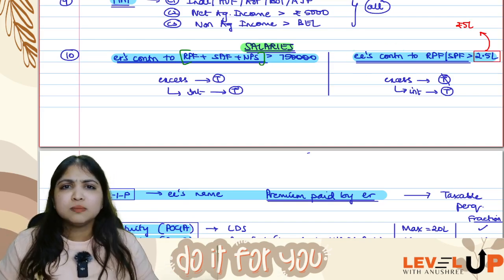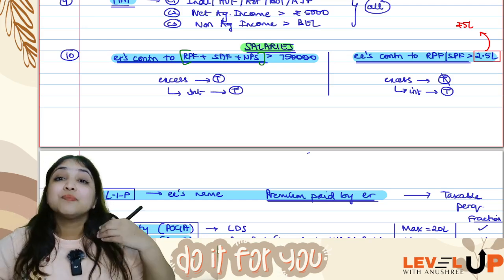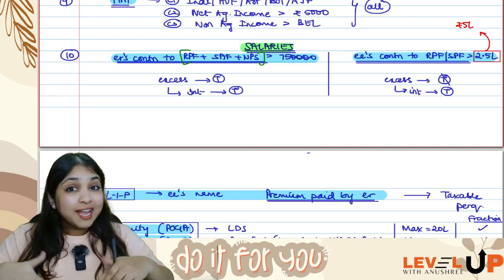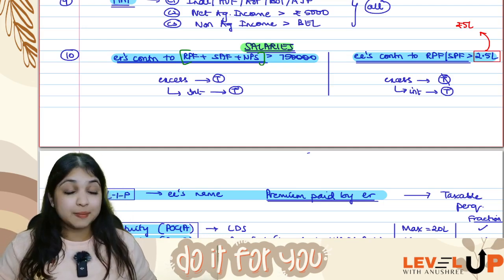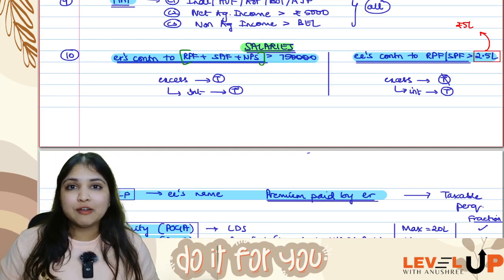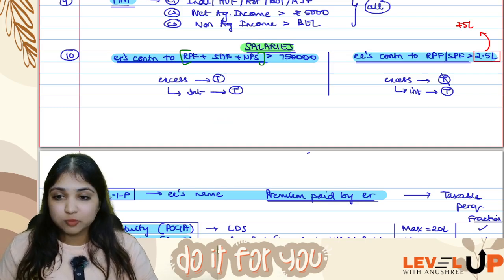Similarly, for the employee's contribution, what do you generally do? You give the 80C deduction, that you will anyways give. In addition to that, you will check, is it more than 2,50,000? If it is, the excess is not taxable. On the excess, only the interest will be taxable. And if the employer is not making a contribution, then instead of 2,50,000, you will take the 5 lakhs number. Alright, this is about the employer's contribution discussion.